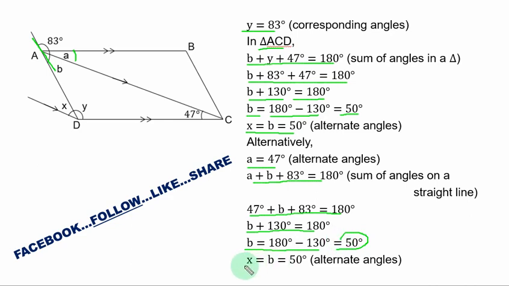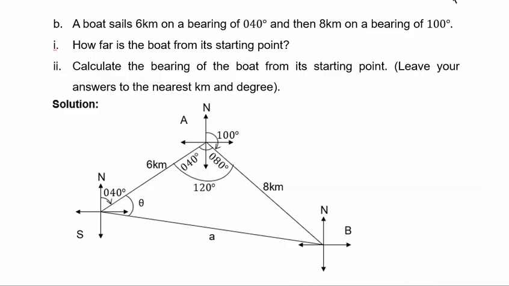Therefore, S is equal to B equal to 50 degrees. Alternate angles. Question 7b. A boat sails 6 kilometers on a bearing of 040 degrees and then 8 kilometers on